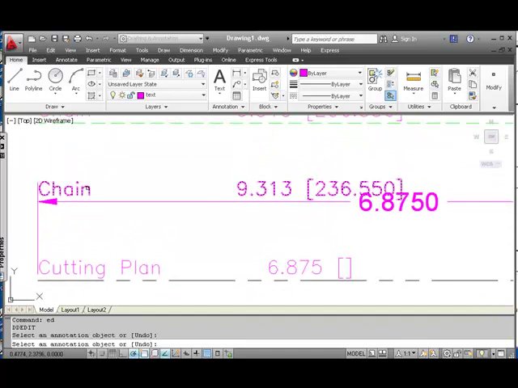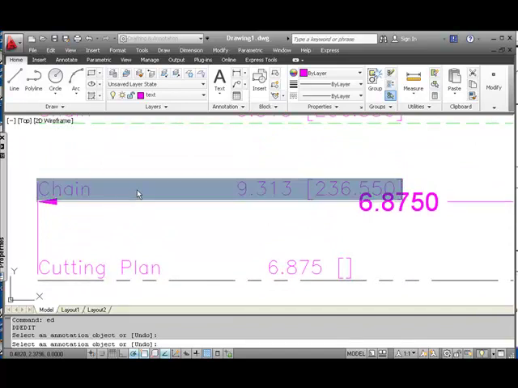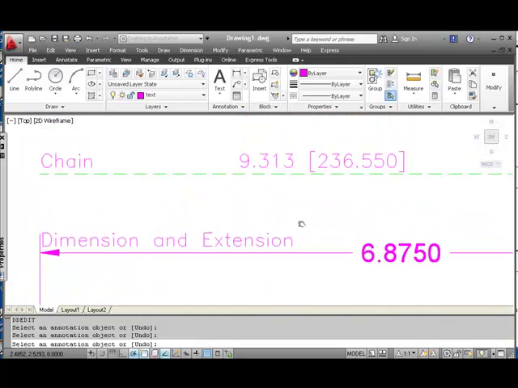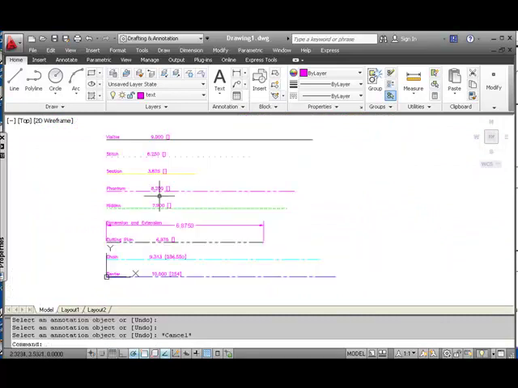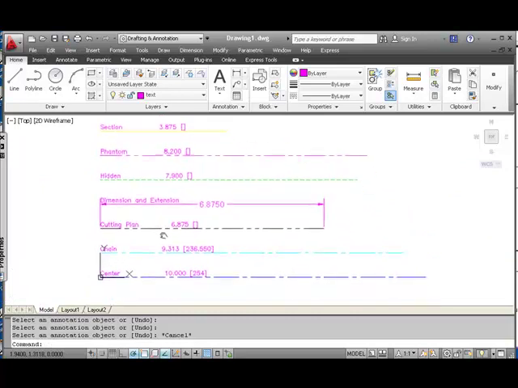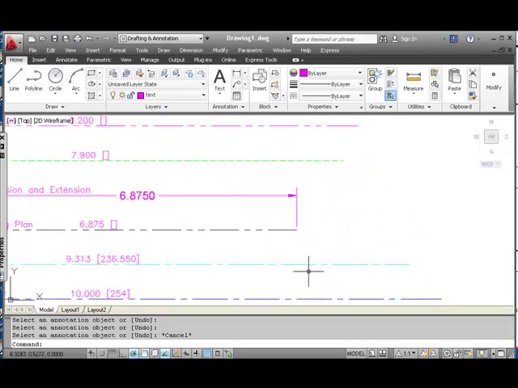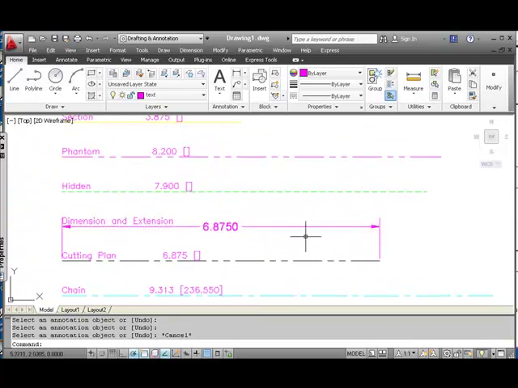You notice we're still in the edit command, and I'm going to change this to dimension and extension. And you notice the value here is already showing up in the dimension line, so I'm going to leave that the way it is. And we just keep going until all of the text has been updated. Alright, now all the text has been updated, and you of course will have had all the metric values plugged in here as well. Now I want to revisit this dimension line right here,